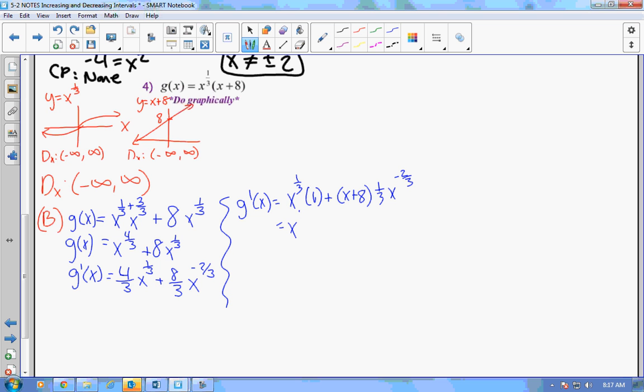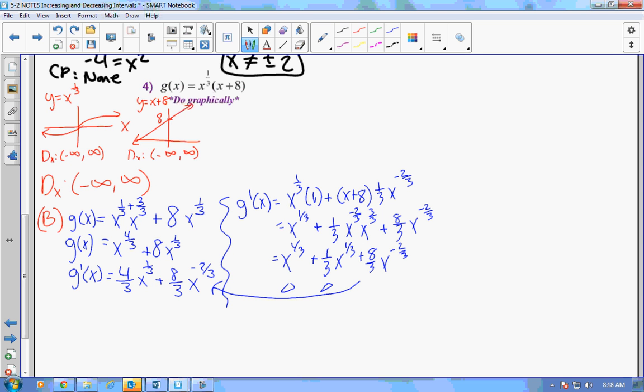And so we get x to the 1/3 plus 1/3 x to the negative 2/3 times x to the 3/3 plus 8/3 x to the negative 2/3. I think you end up getting a like term, right? Don't these both become 1/3? Yep. And then it becomes that because 1 plus these are like terms, you get 4/3. Okay, now